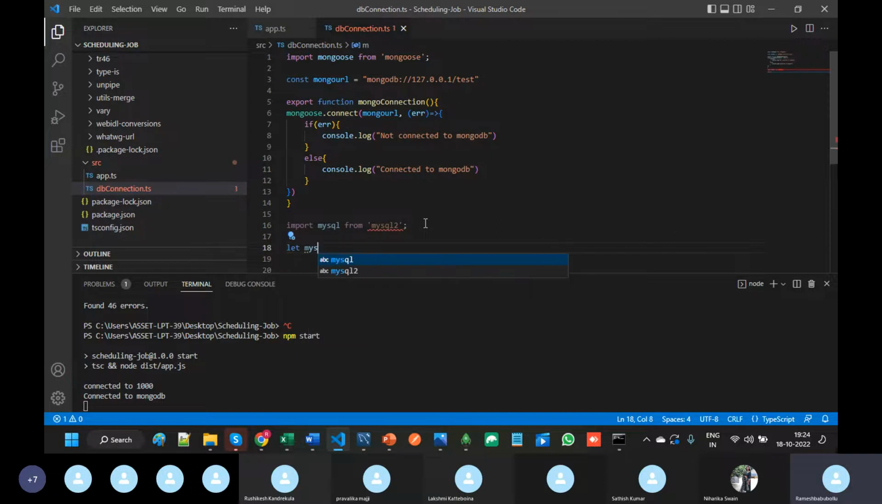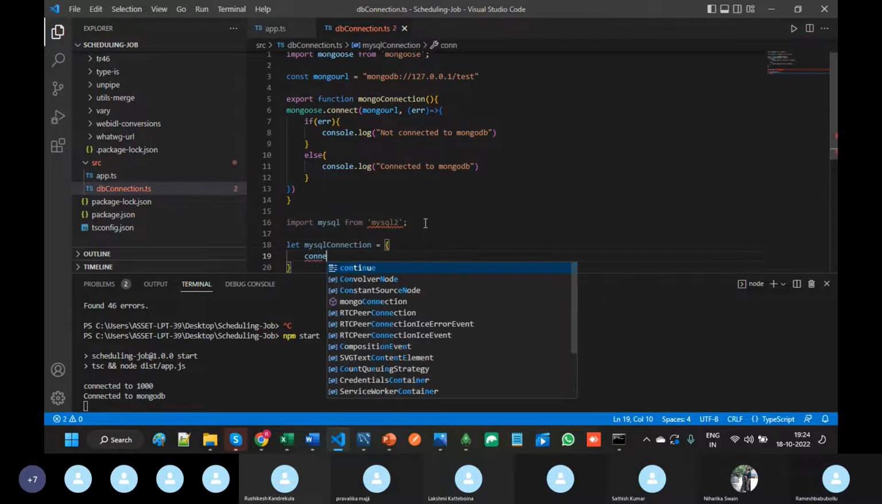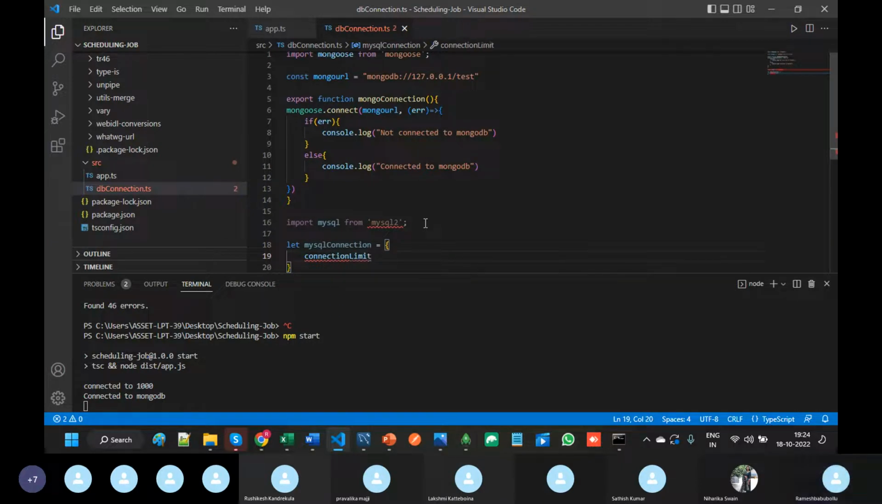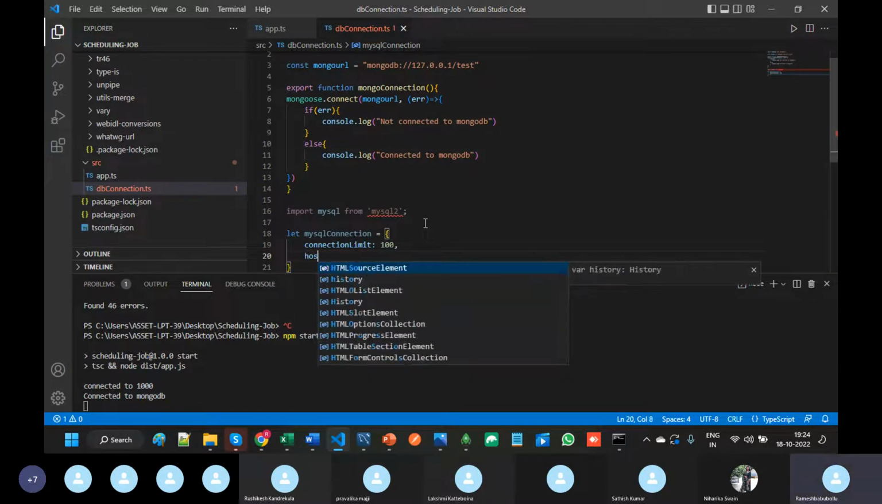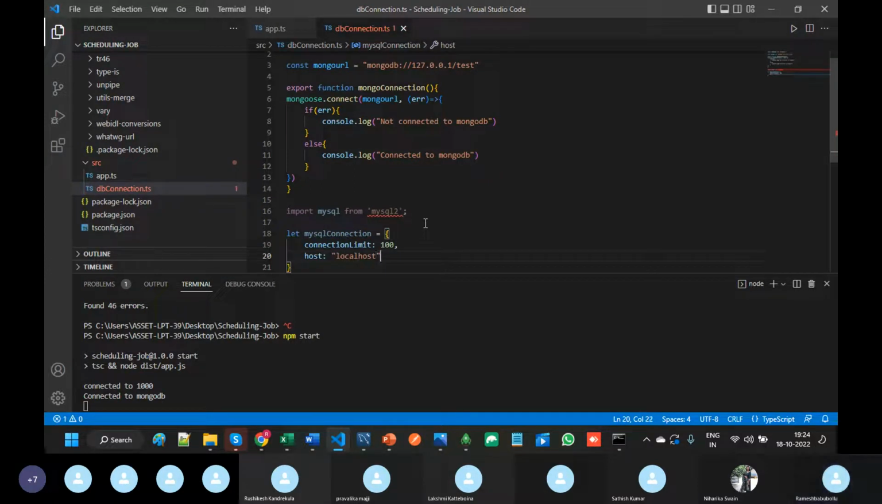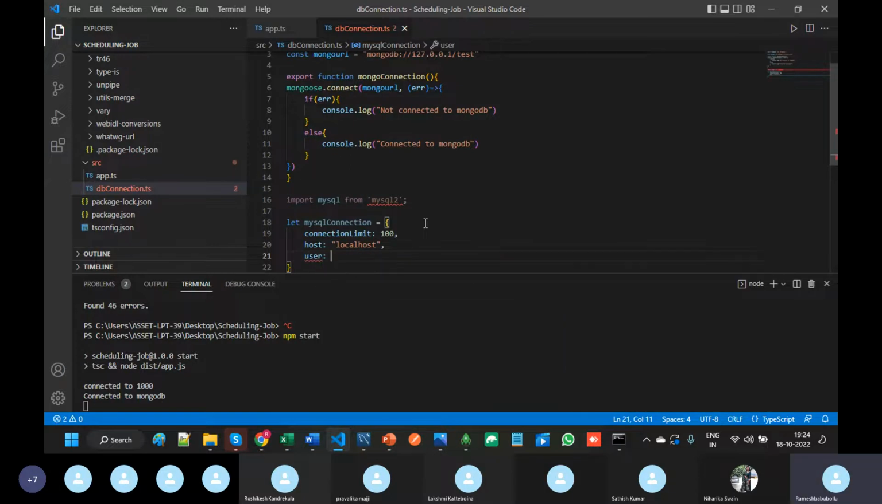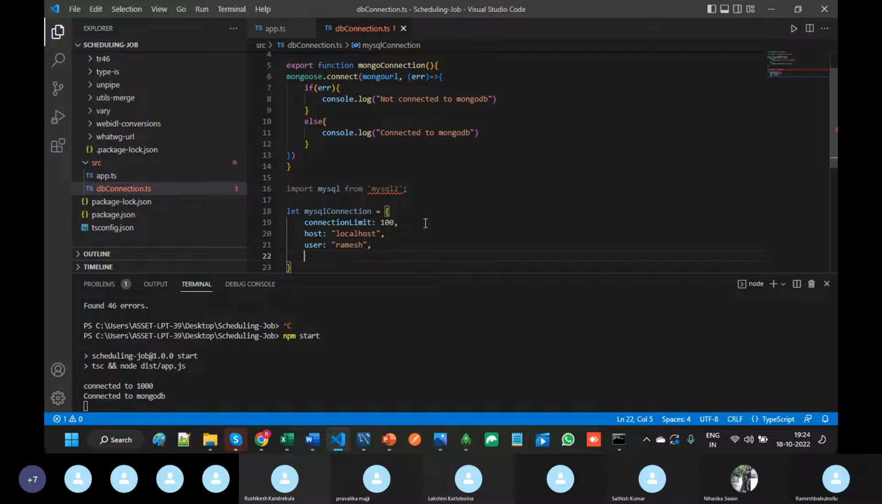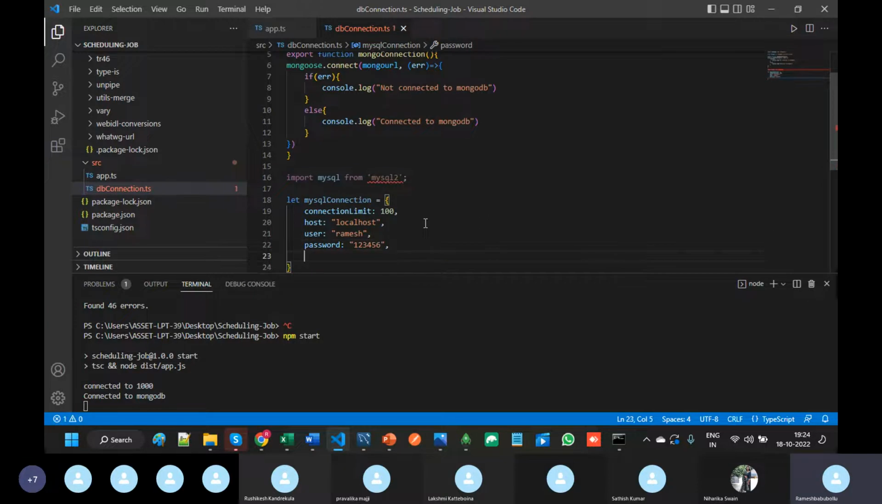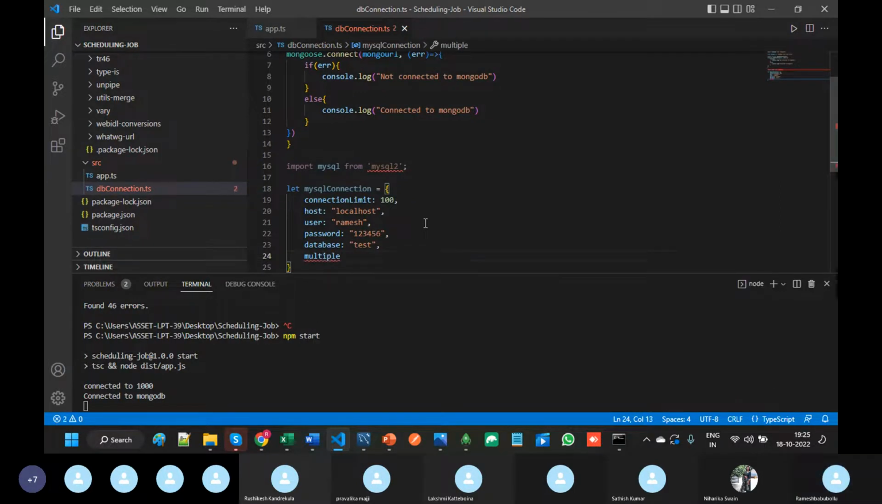let MySQL connection equal to connection limit, give some 100 and host localhost and user, password, database test and multiple statements true. Next,